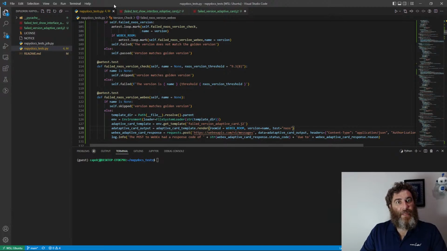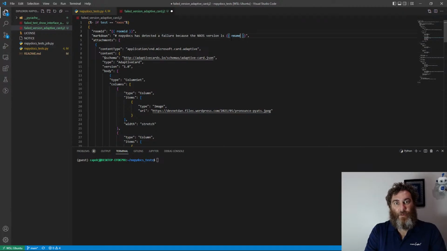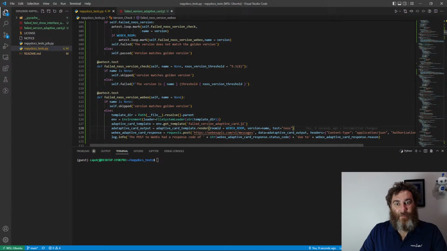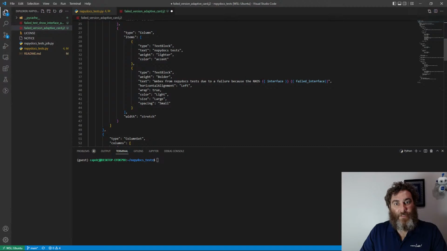Version equals name. That should work. Actually, let's not make it name. Let's make it obvious. No, it is version. Okay. So it is version, because the NXOS version is